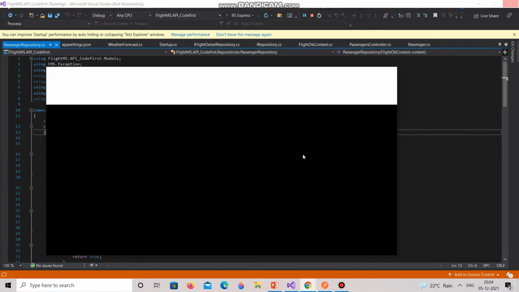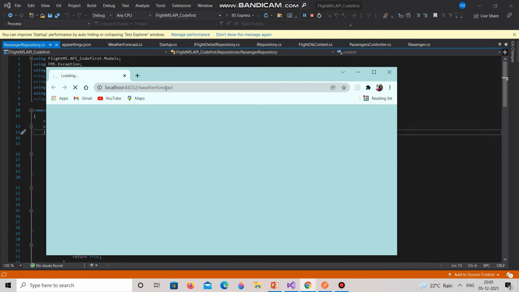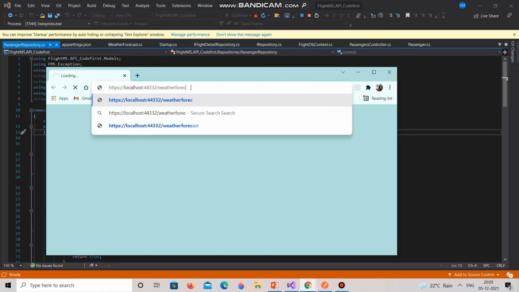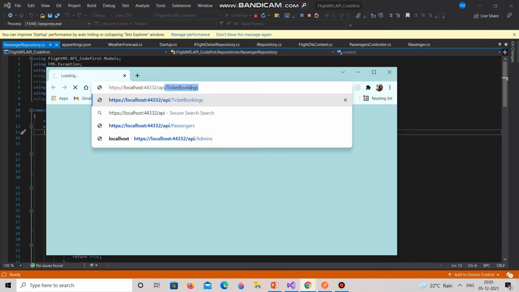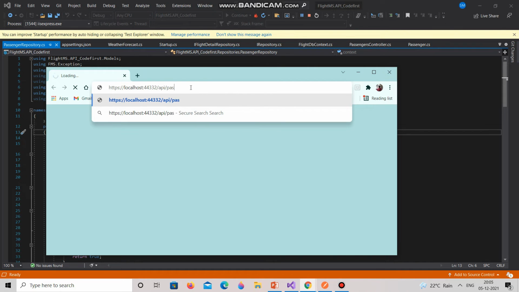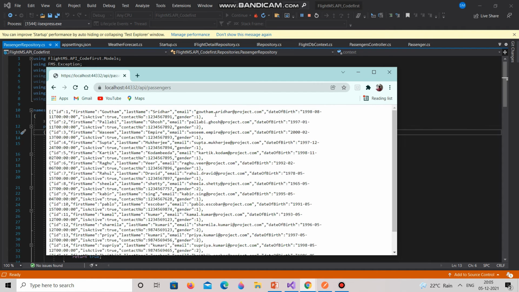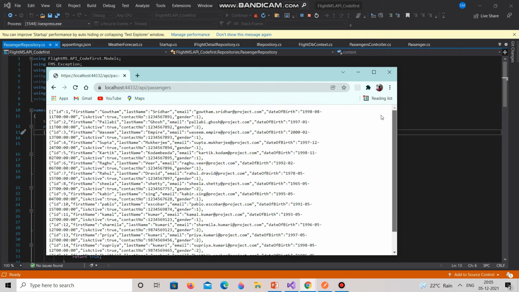Now you see Google Chrome opens automatically when I run the program, and here is the weather forecast, which is the default entity set here. We can change it, and then we can get the data with respect to the passenger. So if you remember, our URL is api slash controller. So we will write api slash passengers. If I write api slash passengers here, let me see what happens. After sending it, you can see it is loading. Now you can see the data is coming here. Data coming here means our program is successfully executed, but this is a very congested way to see it.